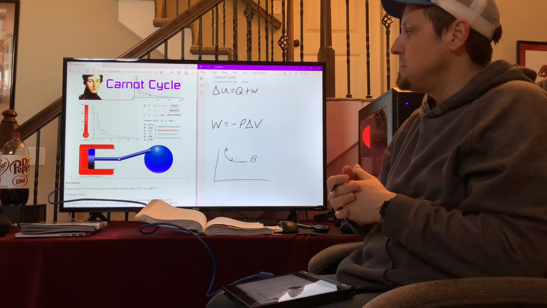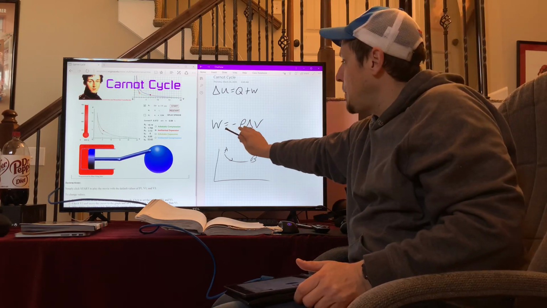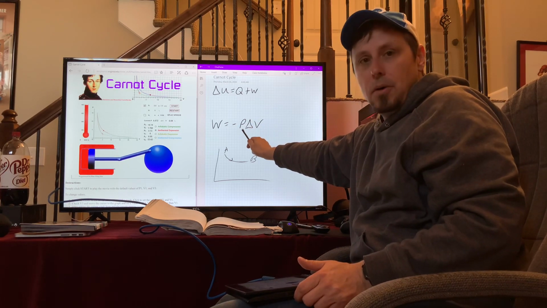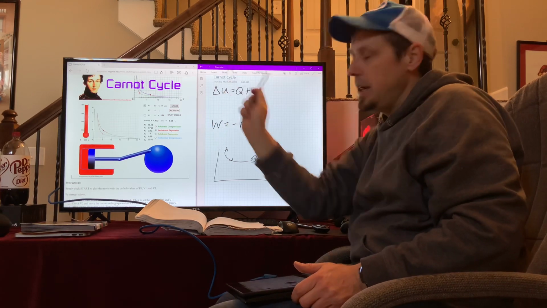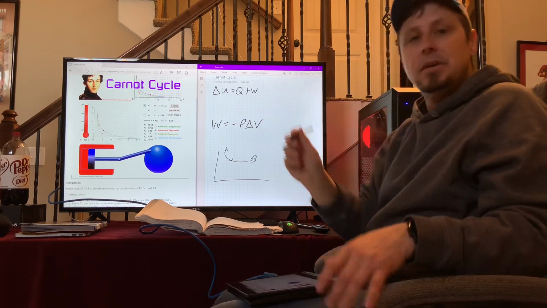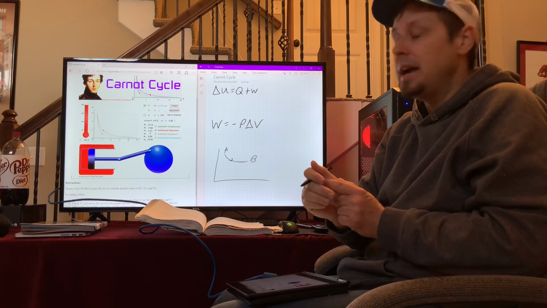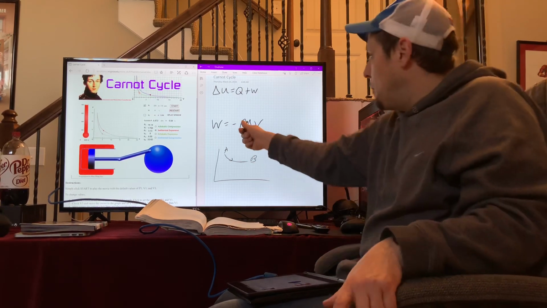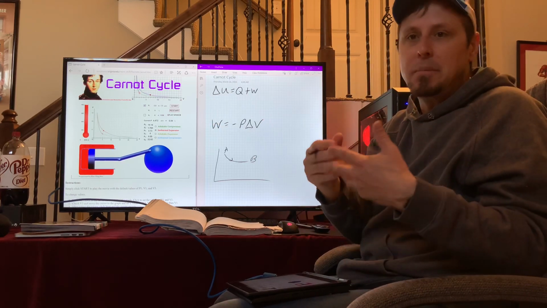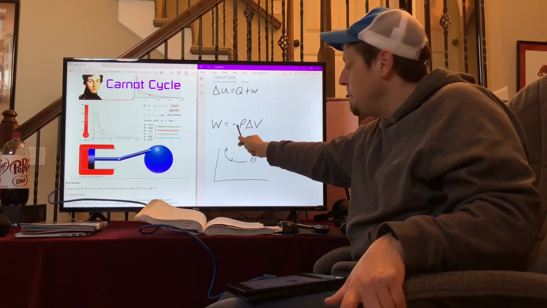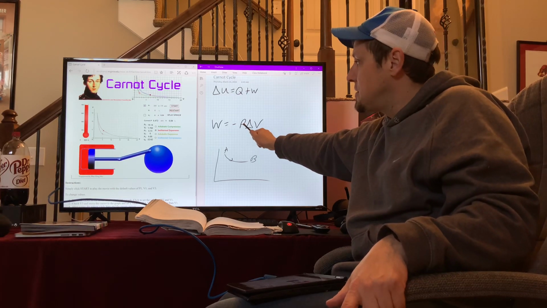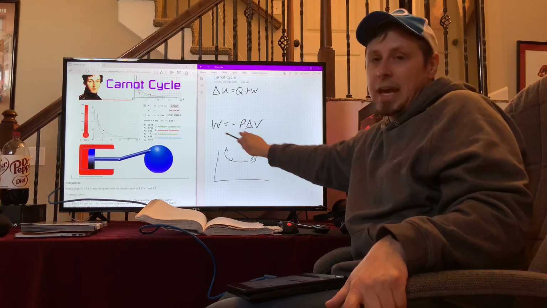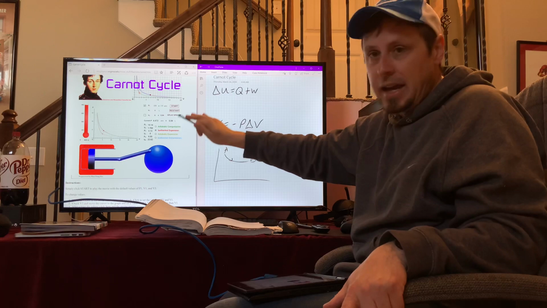So what about in terms of the work being done? Now this equation right here, notice there's no change in pressure here. I realize the pressure's changing there, but this equation can still get you the correct sign on work, okay? If we were actually going to calculate it, well, it's the area under the curve. We wouldn't have a constant pressure here. There'd be a little tiny bit of straightforward calculus, okay? But we don't have to do that for AP Physics 2. So even though the pressure's changing, it's still okay to use this equation to get the sign on the work,